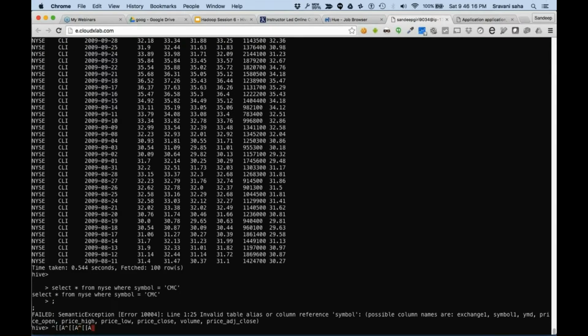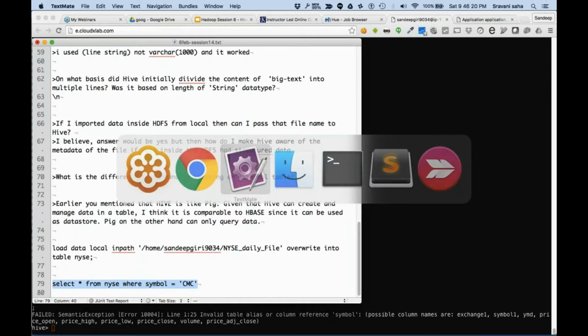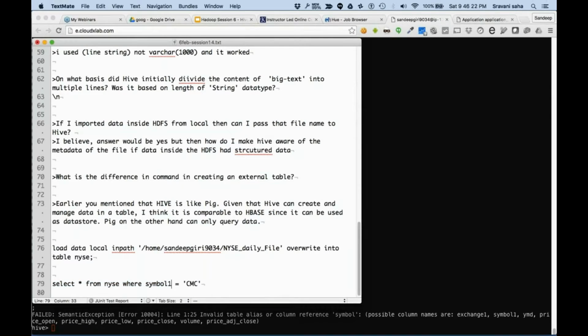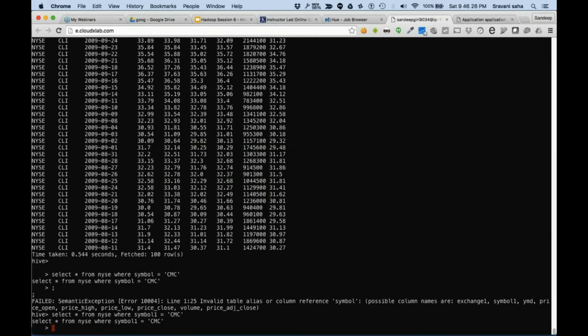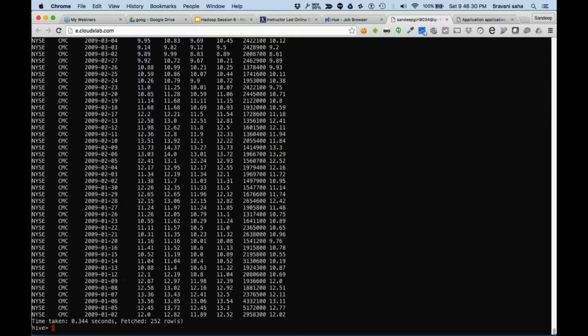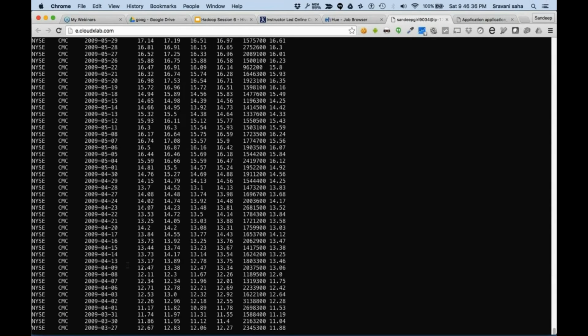What is wrong with it? I think there is a column called symbol one. Now you can see that we have been so fluently able to query our data.